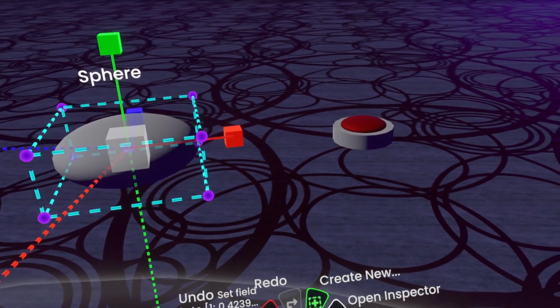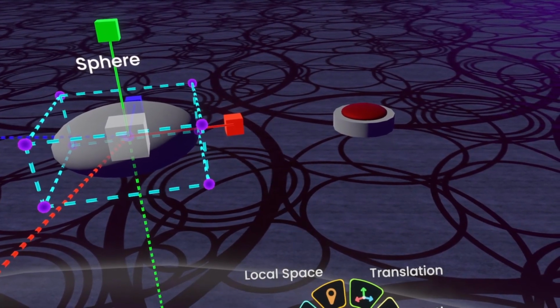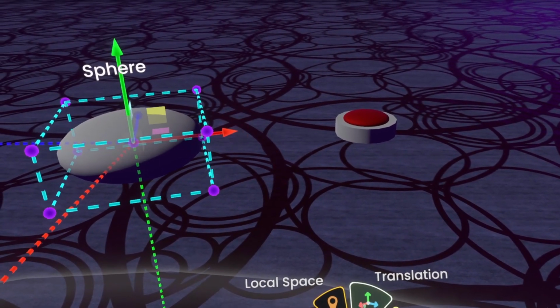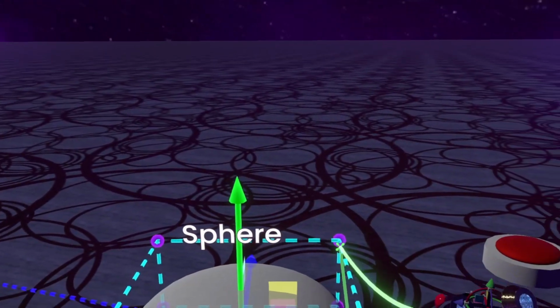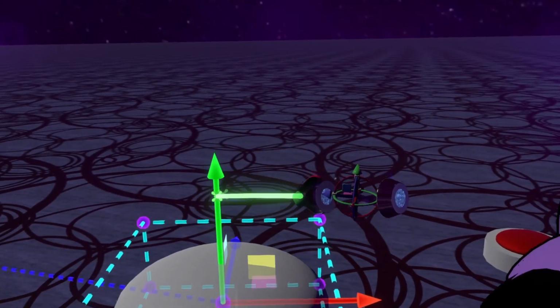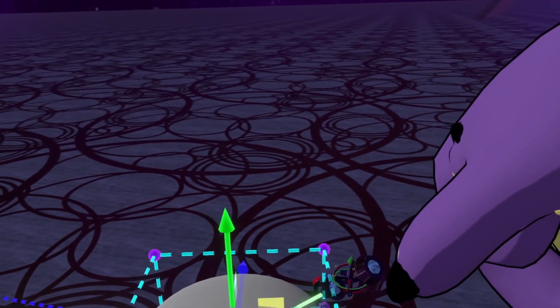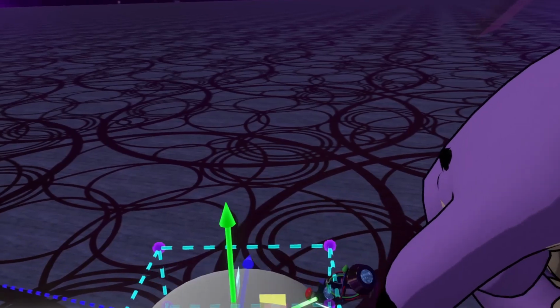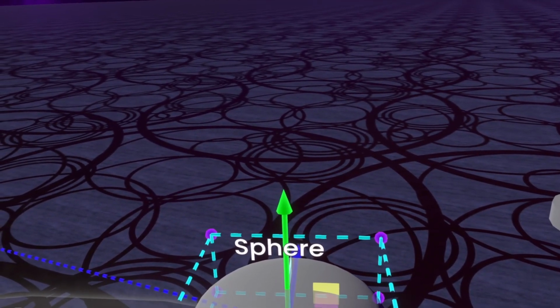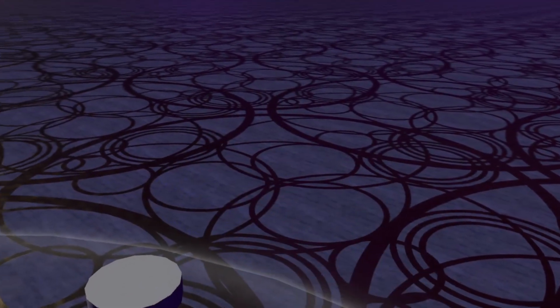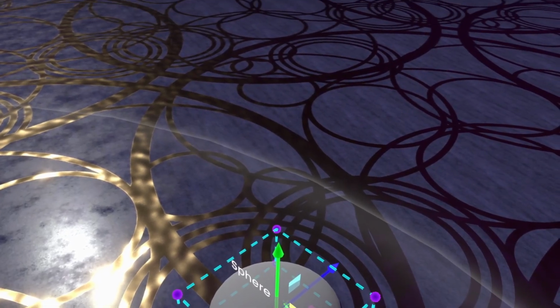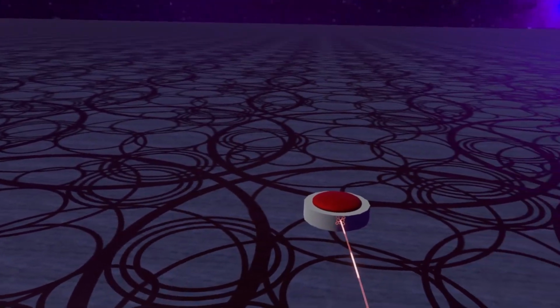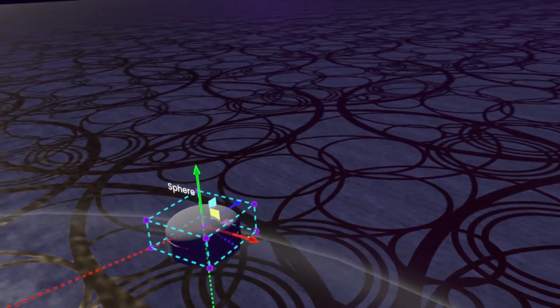So now we'll go back into Gizmo Options, and we'll go to Translation. Translation lets you move the box on a specific axis, several axes at once, on a plane, or you can just move the middle of the box. Now you might ask, why would you use that and not use, like, grabbing with your laser? Well,